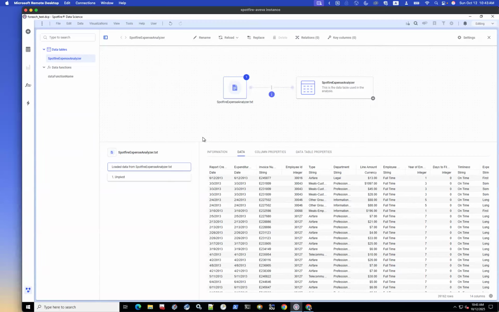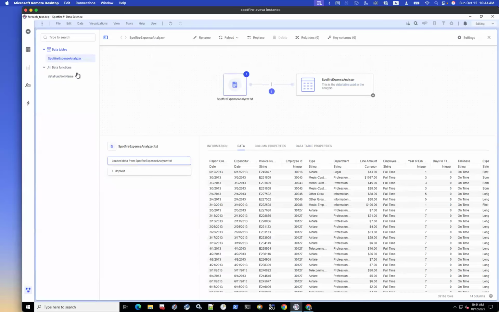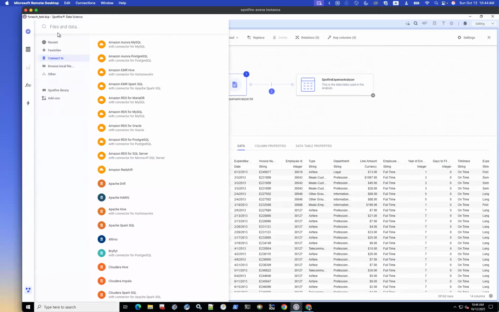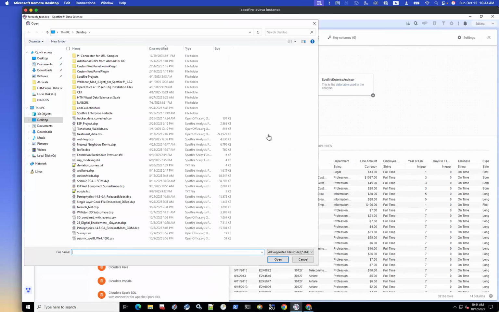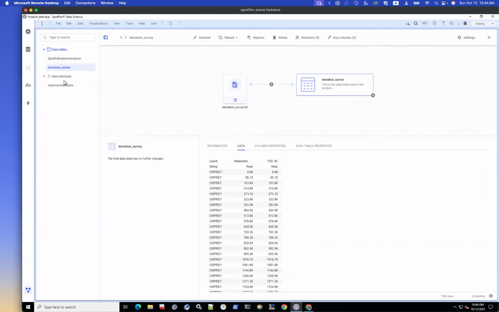It's basically a one place where you can do all the transformations on your data, track them, and also edit them. The other thing is you can also browse all your tables here. So if you have more than one data table, you can browse through them, and then you can also do transformations on these tables. So you see how here I brought a deviation survey